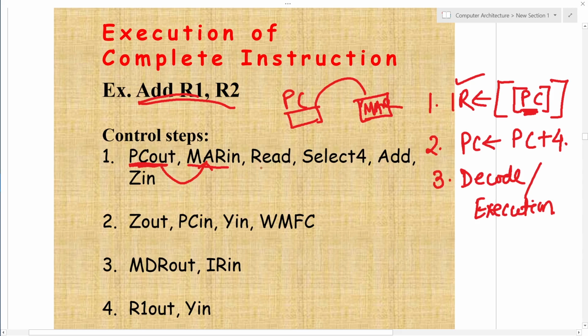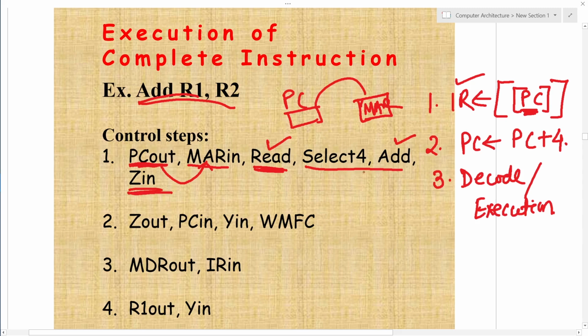And what operation is to be done in the memory? This is a read operation. So this part is for transferring the content of the PC to MAR and performing the read operation. The remaining control sequence in step 1 is used for selecting the 4 from the multiplexer and the control signal addition for the ALU operation, with the result available at Z in.